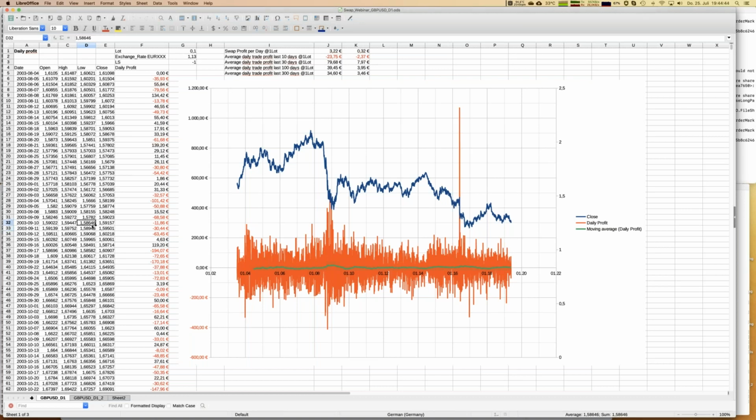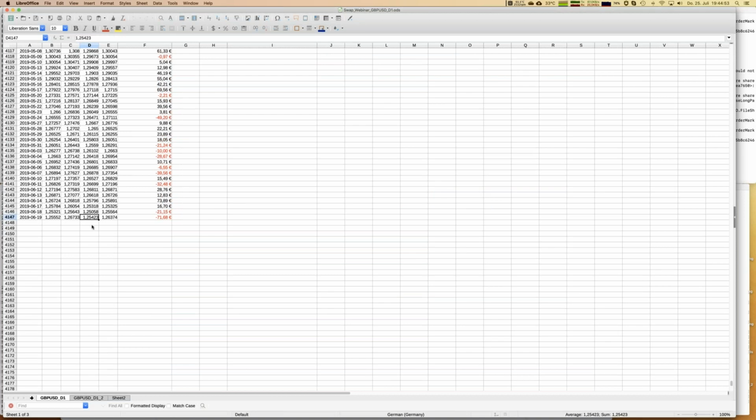So what I did is, let me switch to the very end of the table, even if I don't need to go to the very end, but anyhow, I decided to do that. What I did, I just calculate a virtual trade for just one day. Starting at the close and ending at the next close, and just going for what would be the result of such a trade.